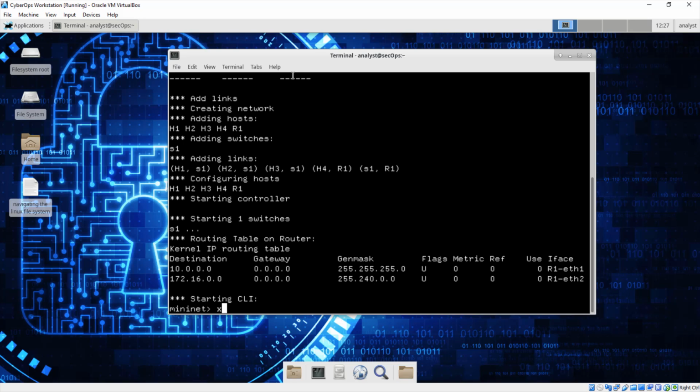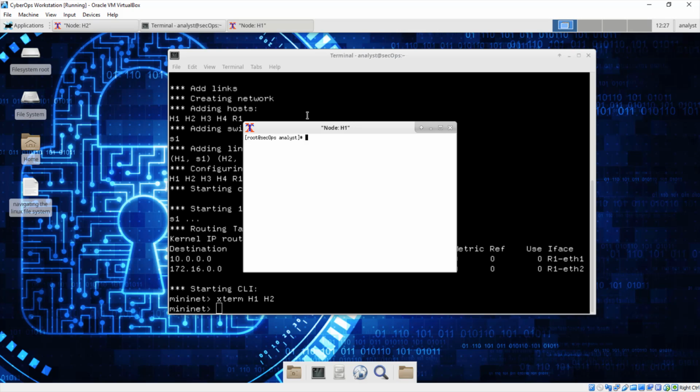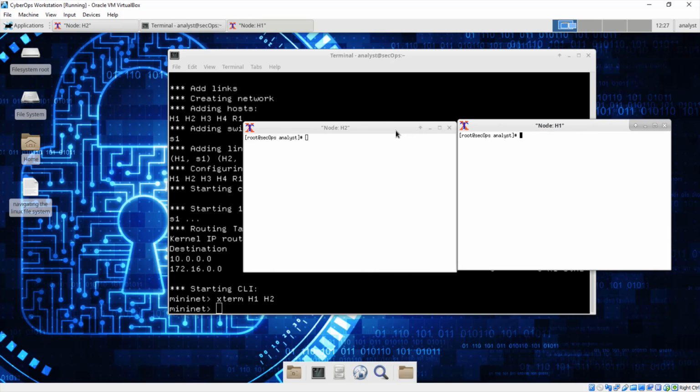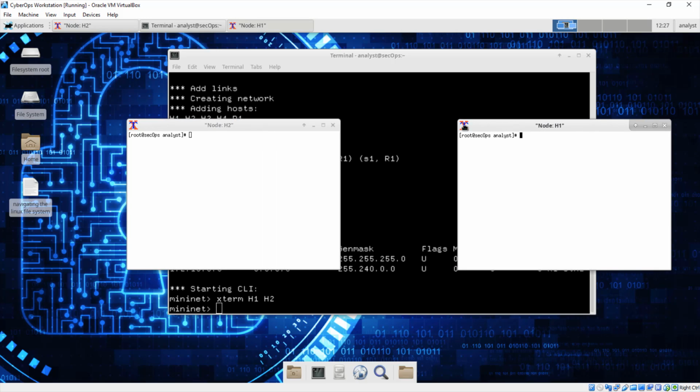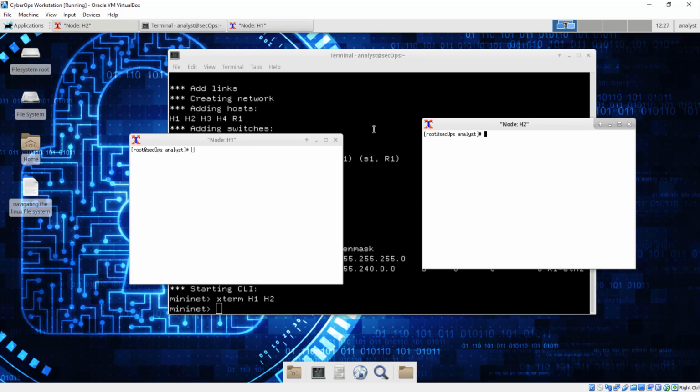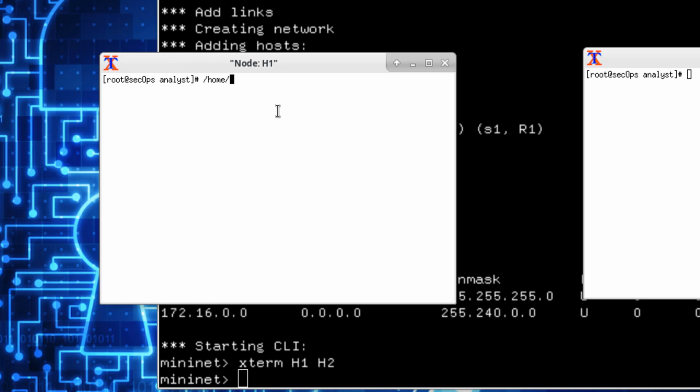If you remember, I usually start one host using the command xterm, then the name of the host. But in this one, I want to join them together and start them at the same time. So xterm h1 h2. This will give me the shell prompt for both hosts. Now from host 1, I would like to start a script using this command: /home/analyst/lab.support.files/scripts/start_